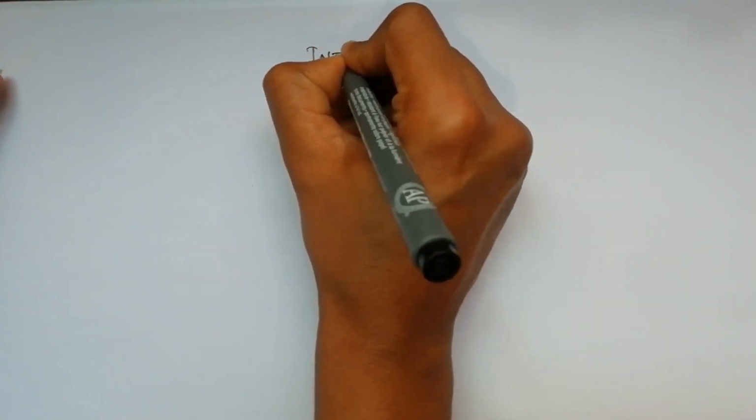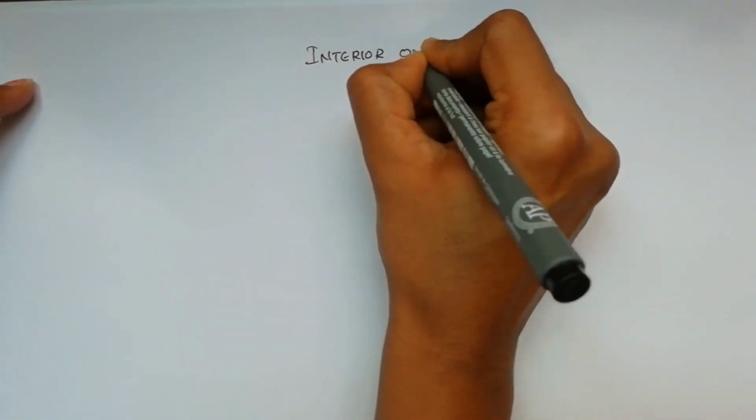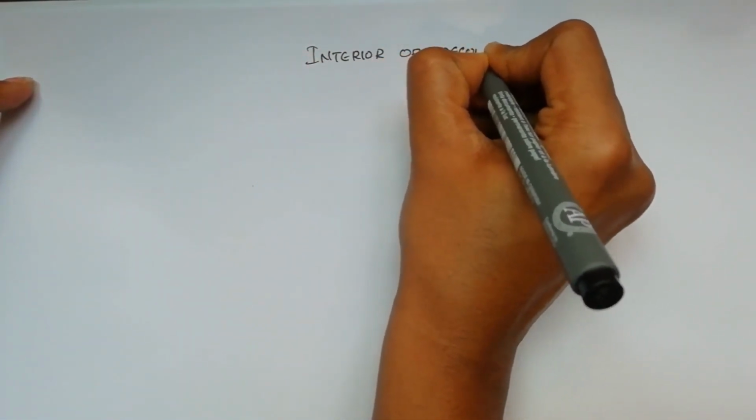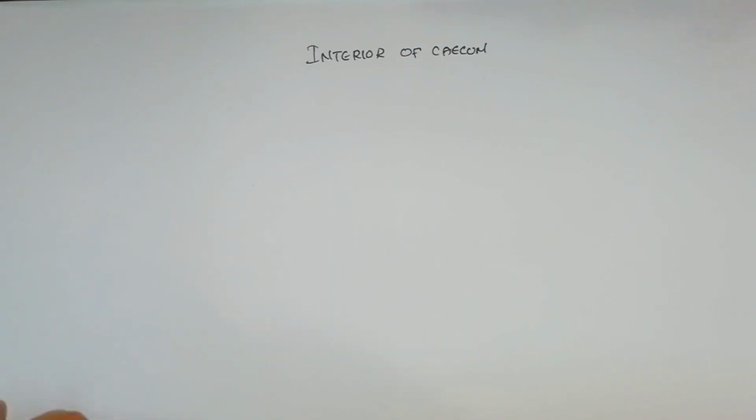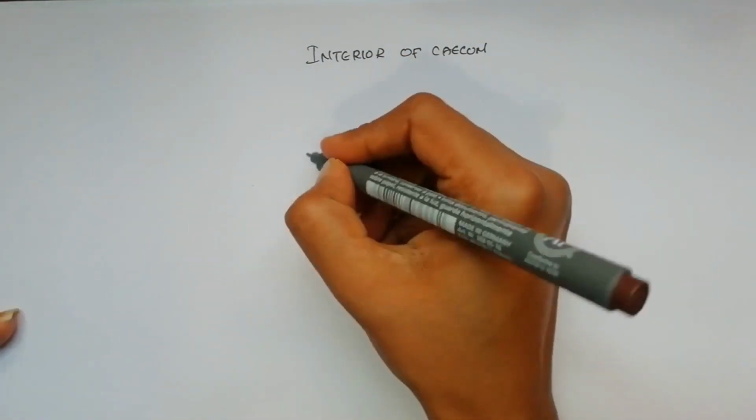Now we will move on to the arterial supply of this cecum part, and before going to the arterial supply I prefer we have to know about the interior of cecum better, then we will move on to those arterial aspects. So first we will move on to the interior of cecum. So we are going to talk about the interior of cecum, if you are taking,